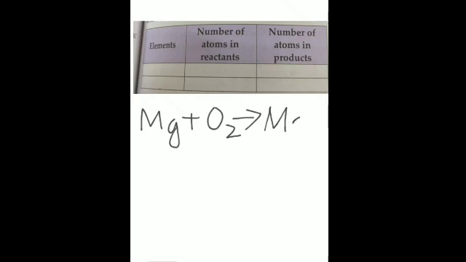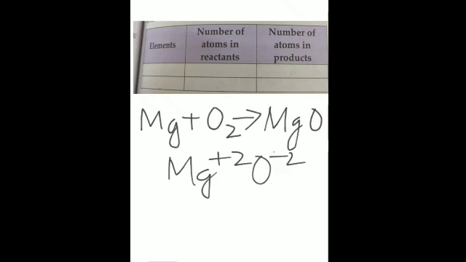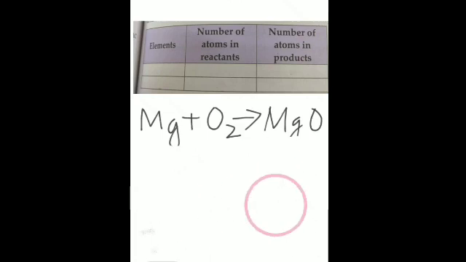Unless and until you know how to write the formula, it will be difficult. Why has this formula been taken? I have told you that when we write the formula, we write magnesium as Mg plus 2 and oxygen as minus 2. So both have a valency of 2. Divide by a common factor 2, that means it becomes 1 on both sides, and so the formula becomes MgO. Is it clear?